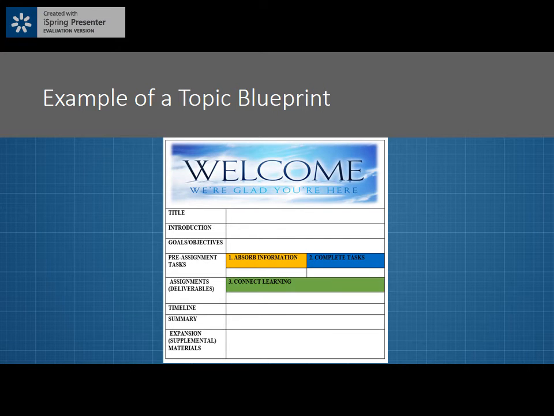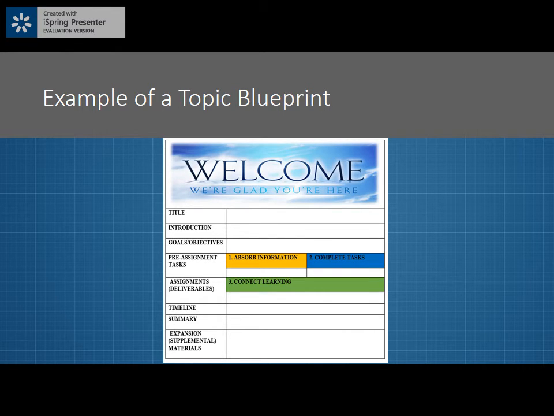This is an example of a topic blueprint. Now, I created this topic design that I call my blueprint, and I use it for each of my topics. I use some sort of graphic as the banner. Typically, this banner reflects the subject of the topic to orient the student. There's a title, the introduction, the goals and objectives,